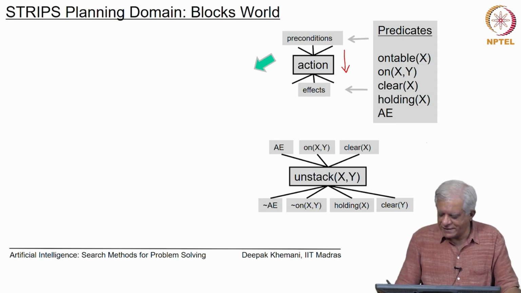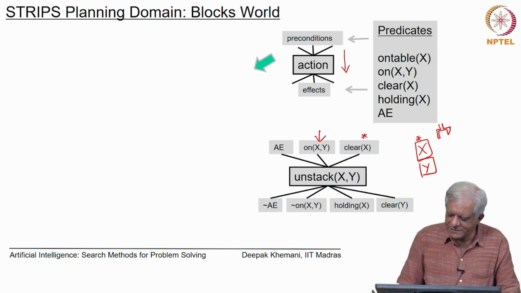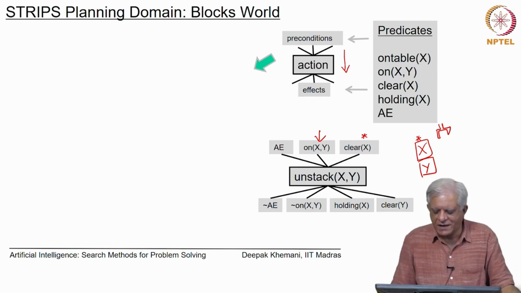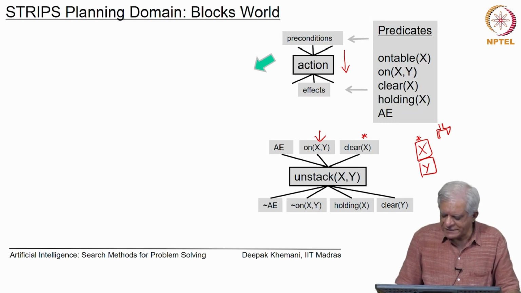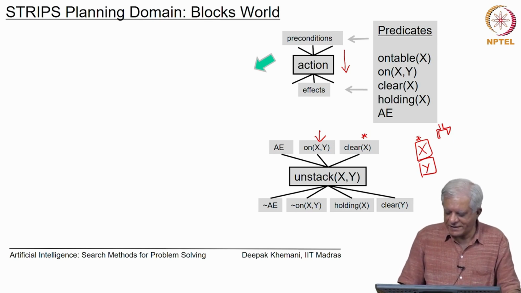An instance of an operator in the blocks world is called unstack x from y. So, essentially what you are saying here is that x is on y. So, this must be true, that is given here. x is clear, that is described here, that there is nothing on top of x, and the robot arm is empty, and that is described by the abbreviation AE. AE stands for arm empty. So, if these three conditions are true, that the arm is free or empty, that x is on y and there is nothing on top of x, then you can execute this action which is called unstack x from y,